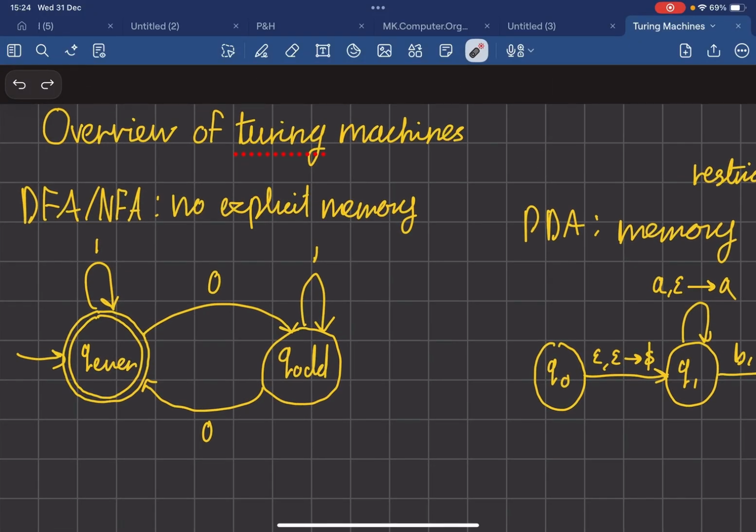Okay, so first we're going to go over an overview of Turing machines and see what they are at a basic level. So essentially, Turing machines are the strongest model of computation that we have. They can recognize the largest set of languages, a lot more than DFAs, NFAs, or PDAs. And to understand why that is the case, we first need to quickly recap what these are and what the